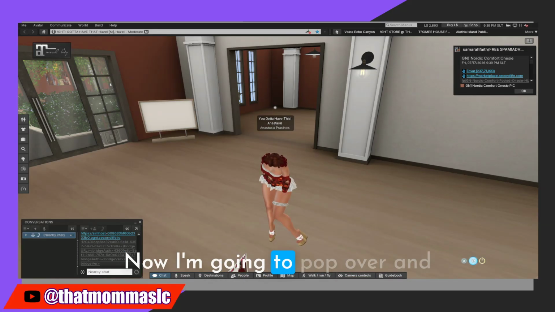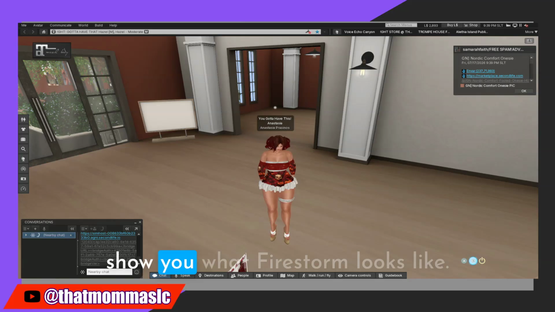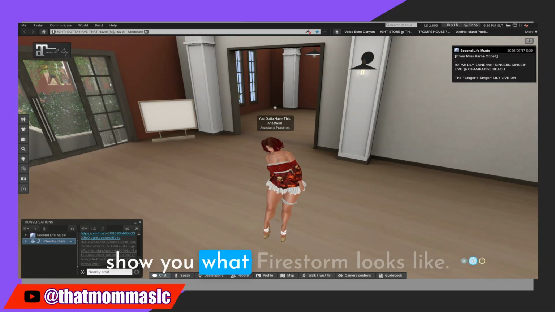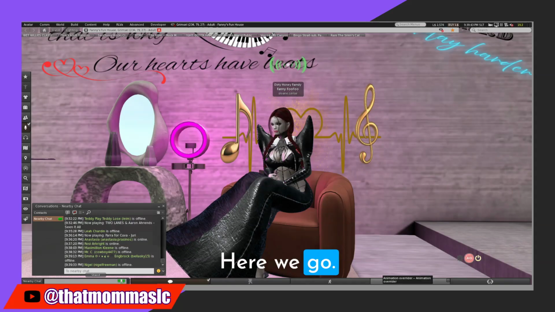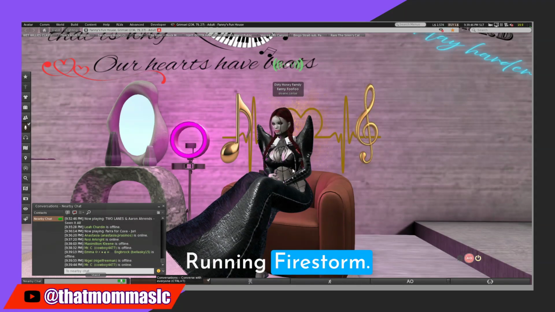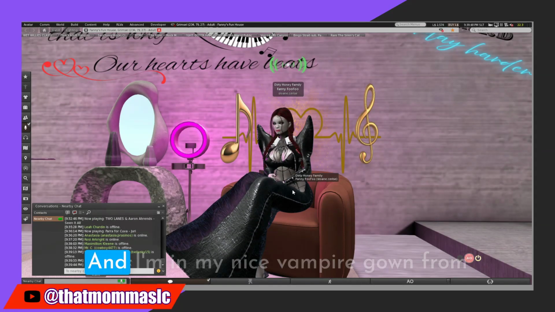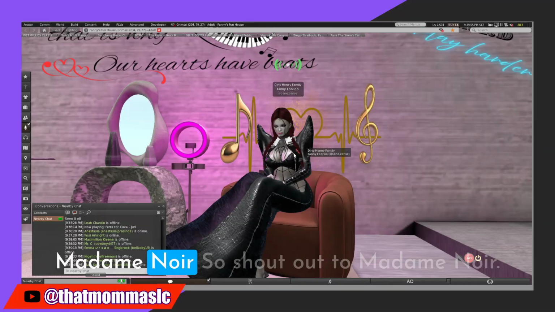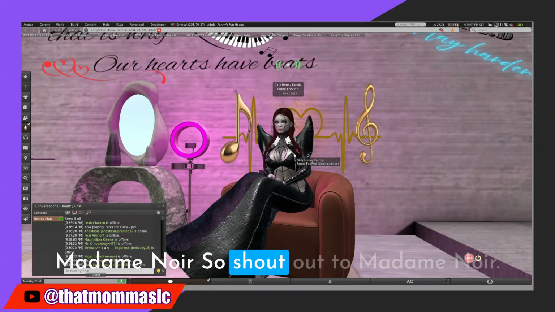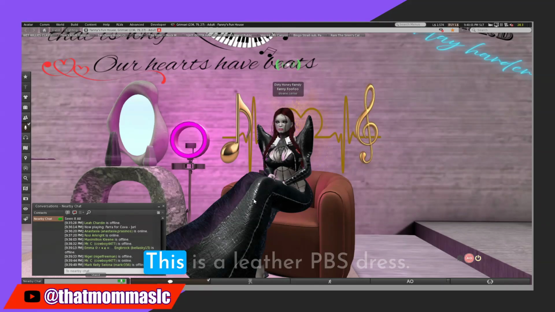Now I'm going to pop over and show you what Firestorm looks like. Here we go, running Firestorm. And I'm in my nice vampire gown from Madame Noir. So shout out to Madame Noir. Love her clothing. This is a leather PBS dress. But anyways,